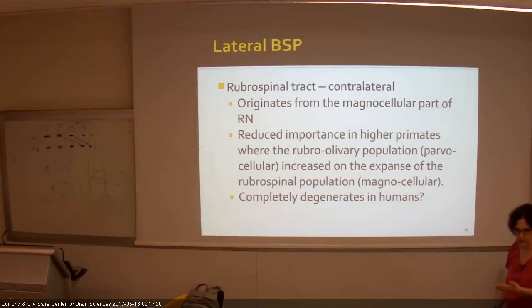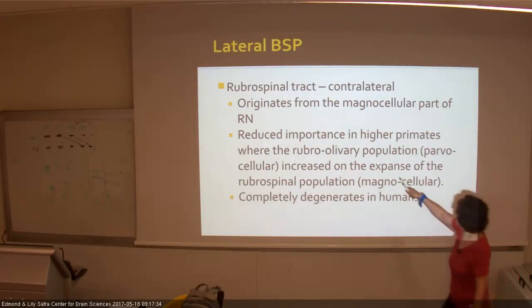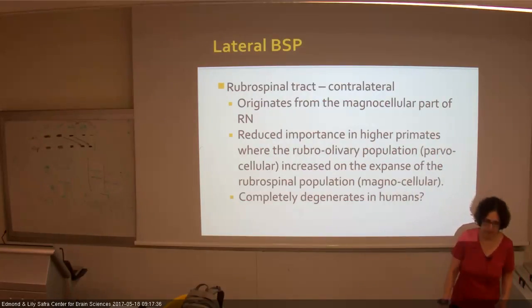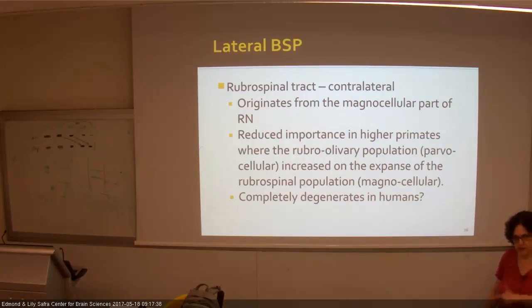This is becoming smaller and less important with evolution. The other part of the red nucleus, the parvocellular, is part of the cortical rubro-olivary pathways, from the cortex through the red nucleus to the cerebellum. This part became more important and increased